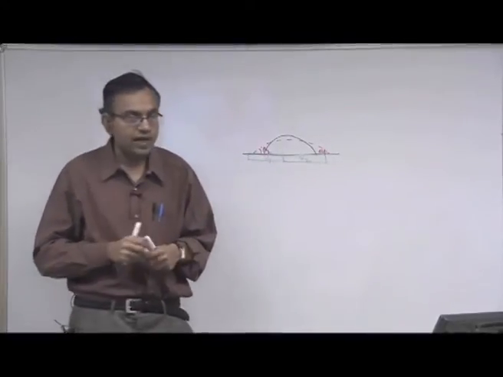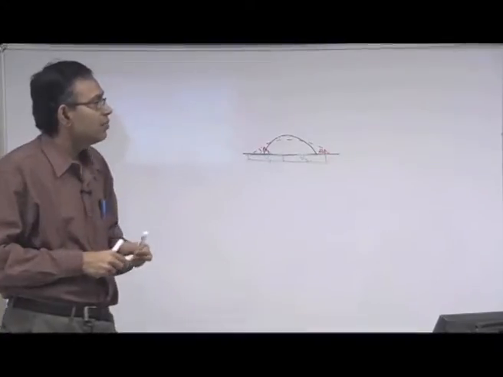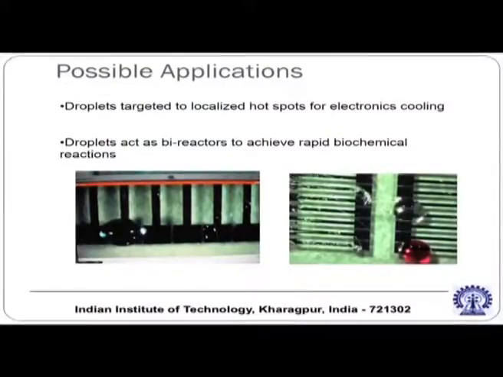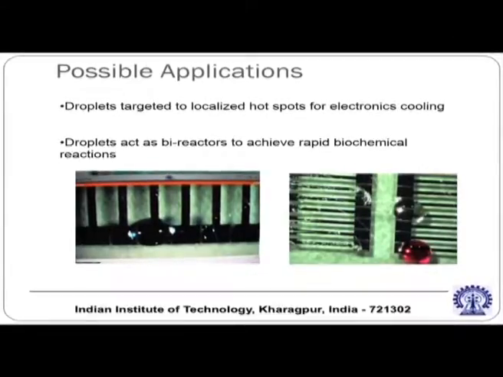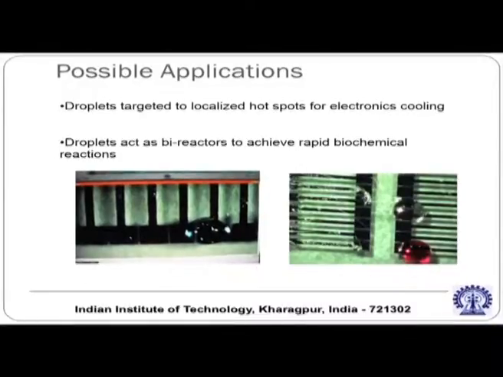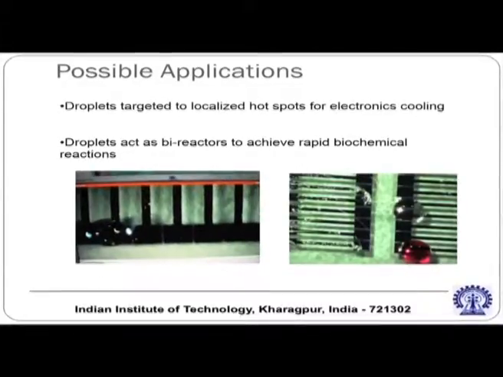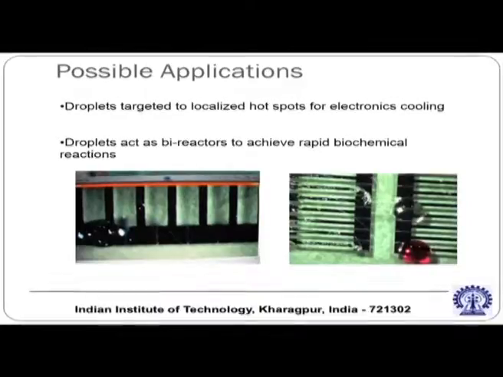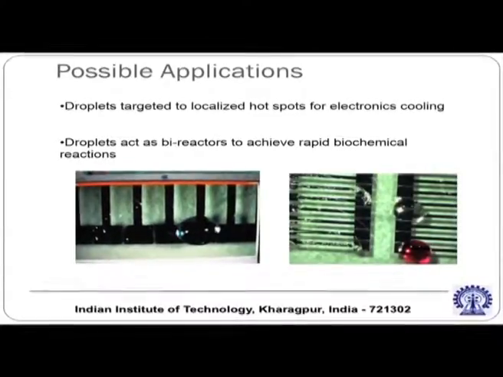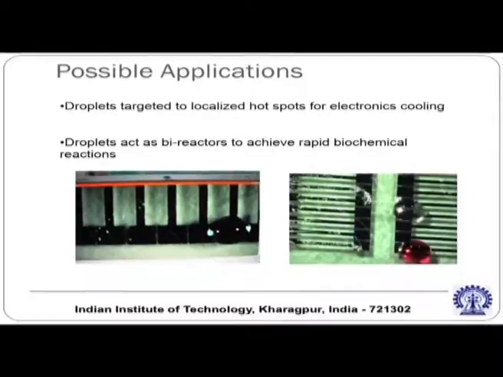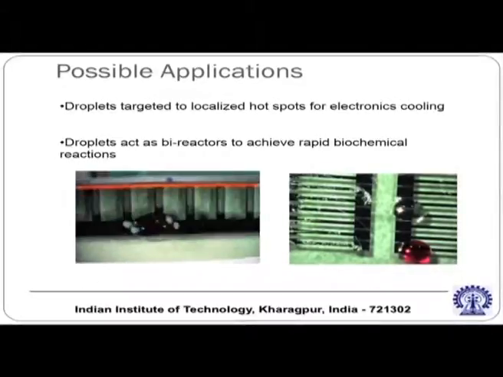Okay. So that is what is done in the movie that is being displayed here. You can see that a droplet is jumping from one electrode to the other. Some electrodes are activated, then some are deactivated, then some are again activated, some are again deactivated, like that. So it is basically a pair of electrodes over which the droplet is moving successively, and those pairs are switched on and off with a particular voltage.